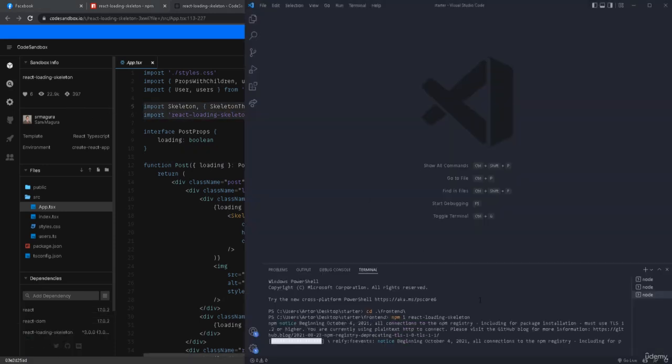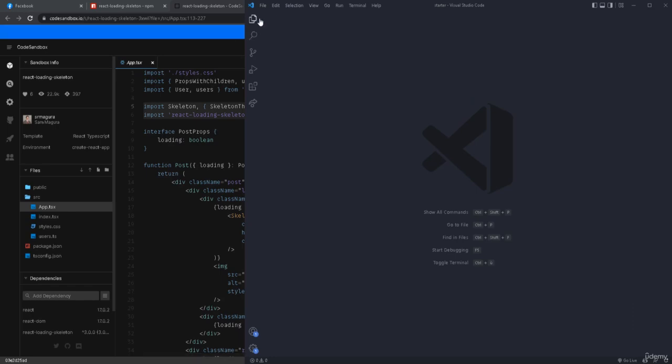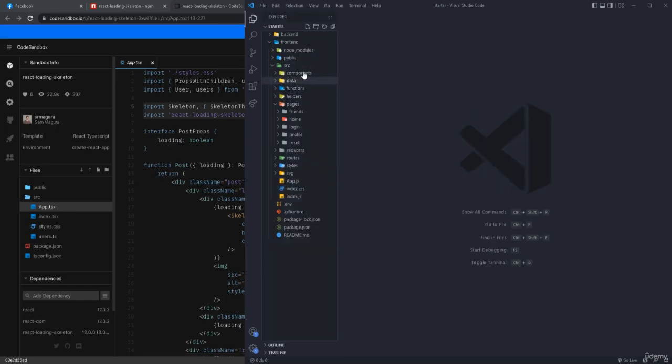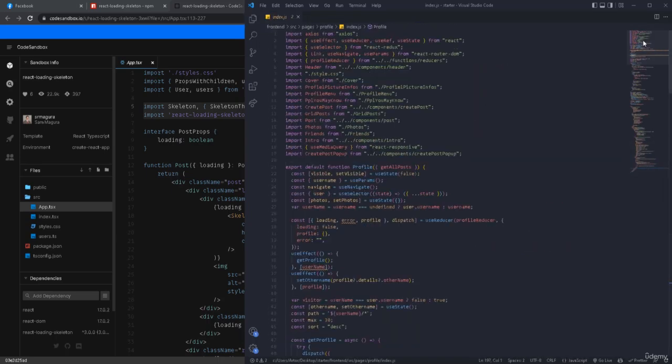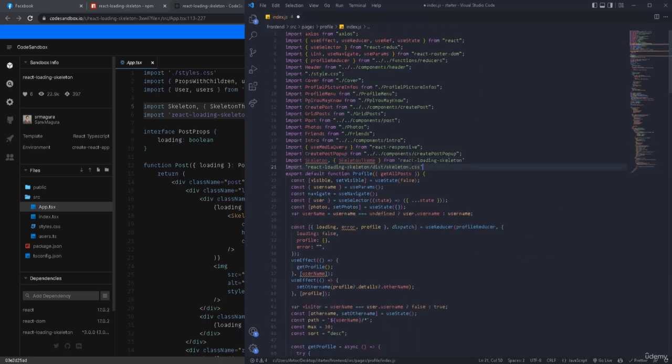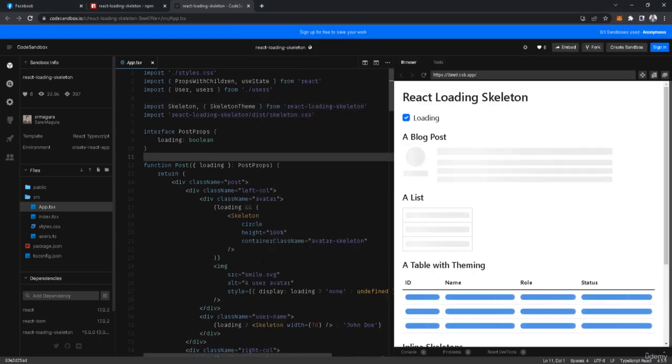Okay, let me close that. We're gonna have this in the profile, so I'm gonna go back right here to source, then pages, then profile, and then the index, and then I'm gonna go to the top and import both of them. Okay, that's the first thing. Then you can take the most basic example. Let me take this one,